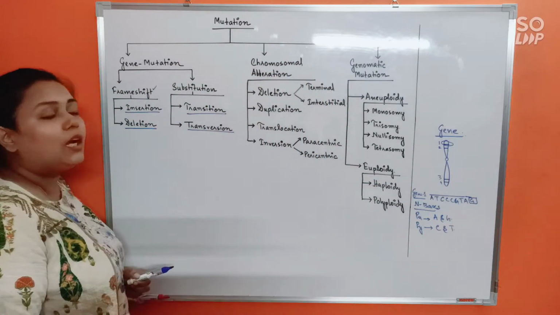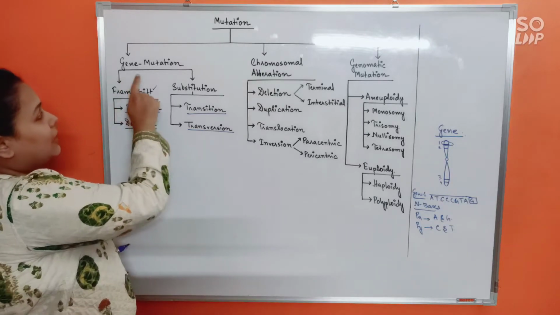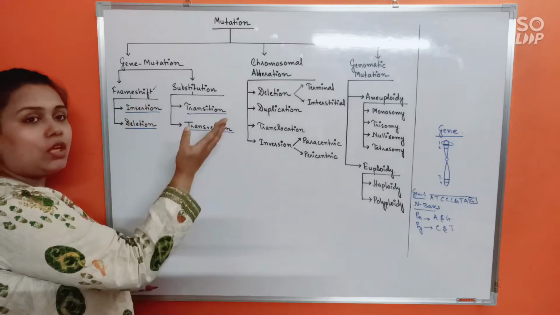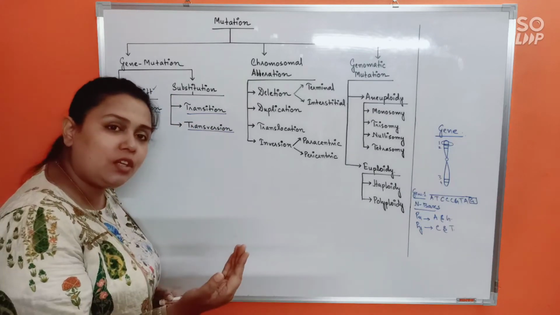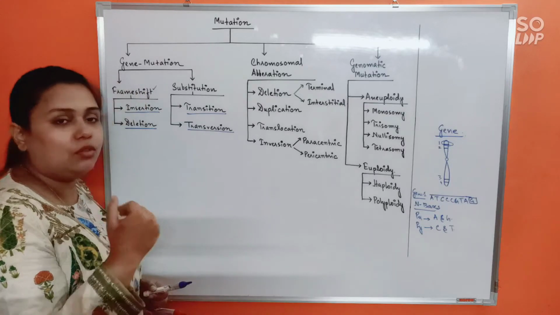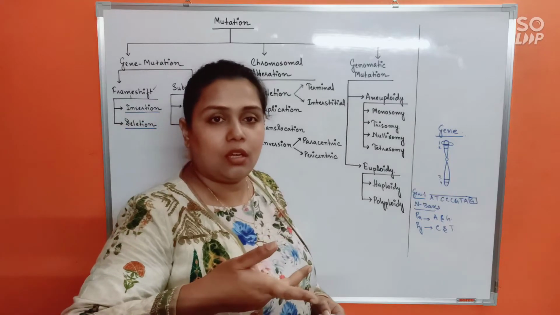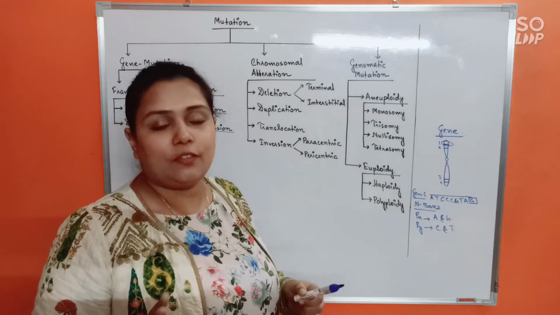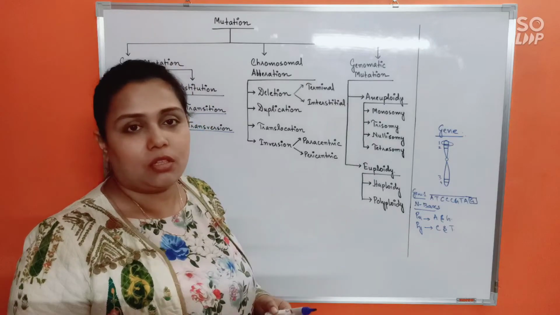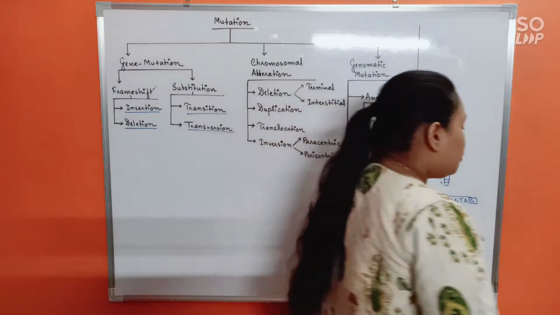Let's move to chromosomal aberration. It's easy, right? Understood? Any change in the gene will be gene mutation. Now if a gene undergoes some kind of deletion of nitrogenous base or addition, we will call it frameshift. And if it is an exchange, okay, purine is substituted with a pyrimidine or any such kind of change, that will be under substitution. As simple as that. Clear? Now moving to chromosomal aberration.